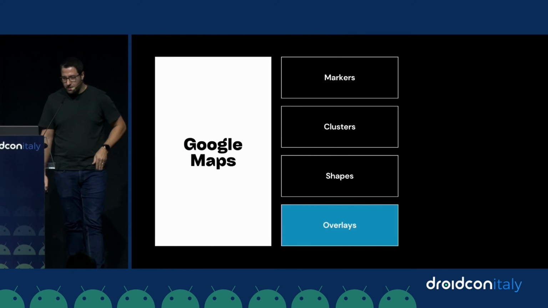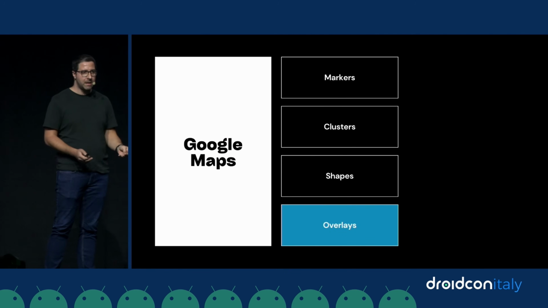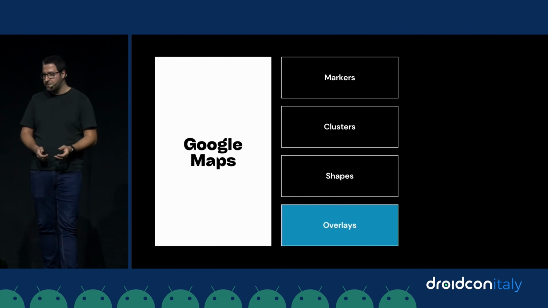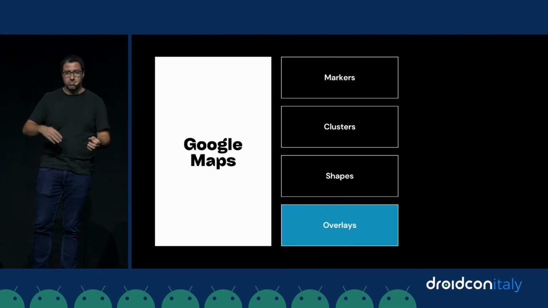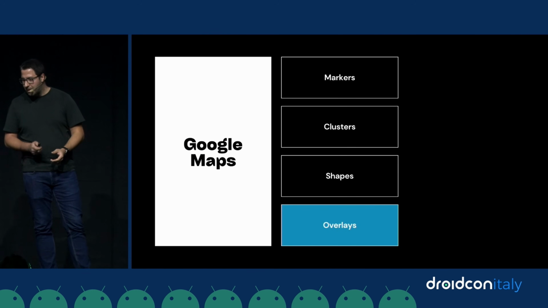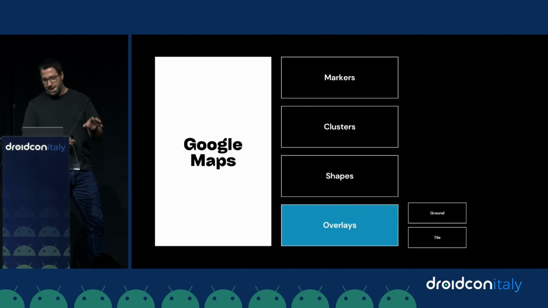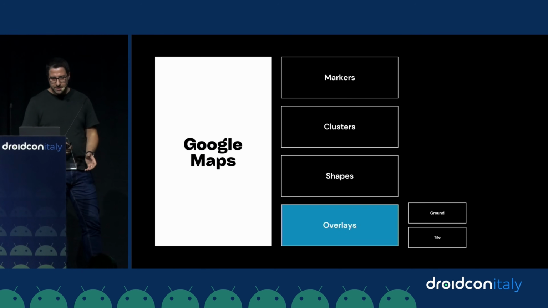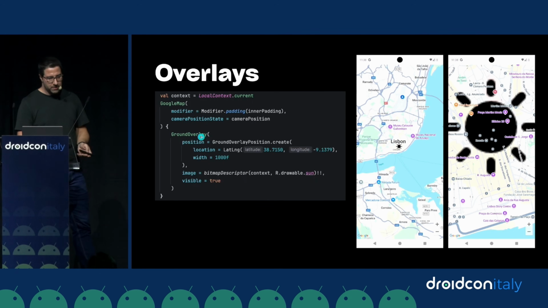Okay, and overlays basically are a way of putting some images on top of your map. This can be particularly interesting, for instance, for drawing weather apps, so suns or clouds on top of certain regions of your map. I am not covering that much, but we have ground and tile overlays, and the way of using a regular overlay is again the same as markers, clusters,